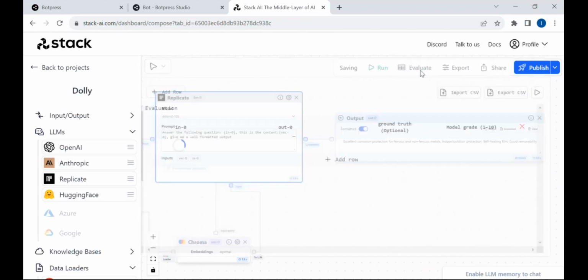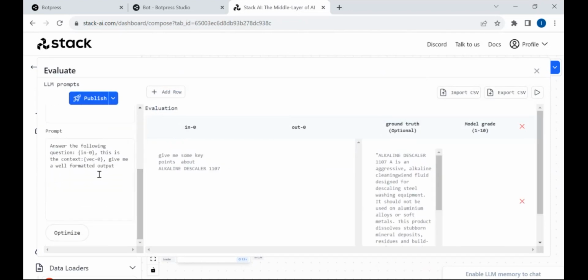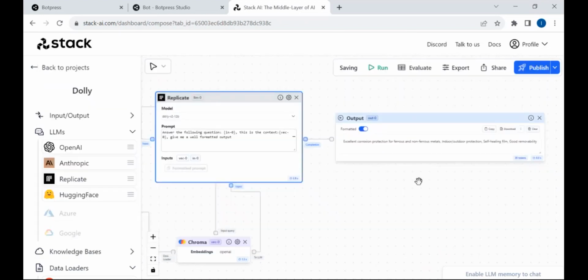And here, there's another step called evaluate. Let's say if you want to add a prompt, if the prompt is about 10-15 lines, and then you want to have an optimized prompt, you can add your prompt here, and then you can click on optimize. Eventually, it would give you a well formatted prompt. Once you have everything ready, you feel that your model is good enough, you can click on publish. Once you click on publish, it will update your model endpoints. You can see it successfully deployed. Everything is up to date.